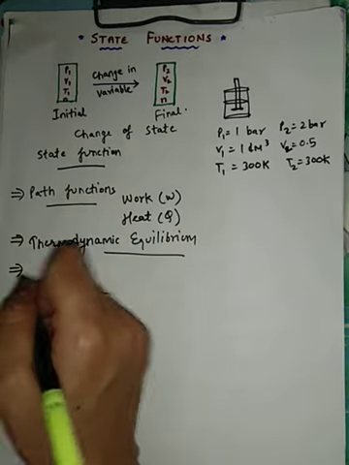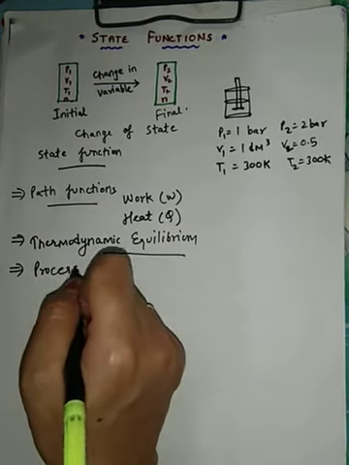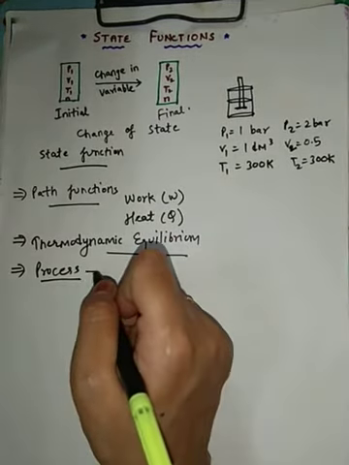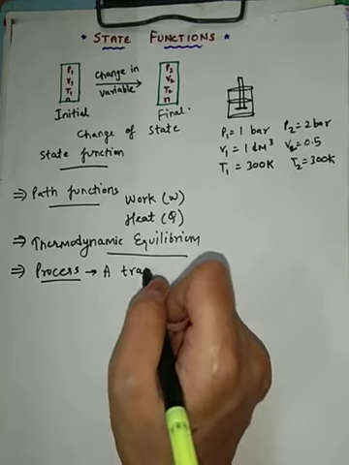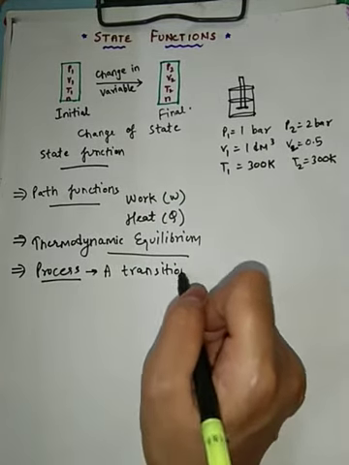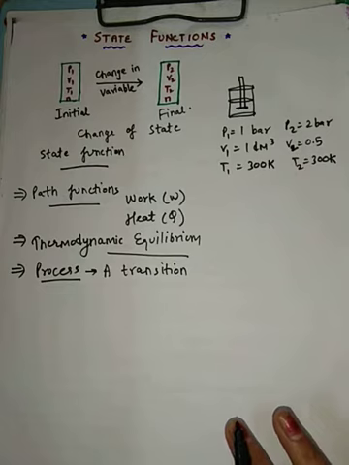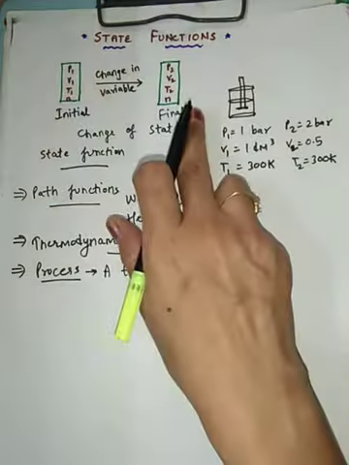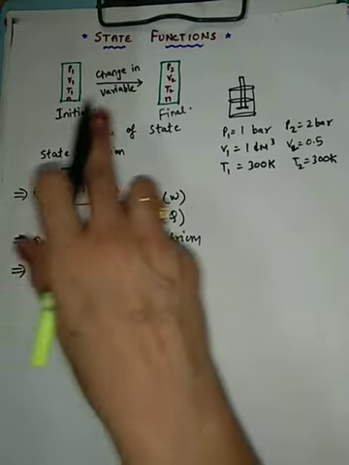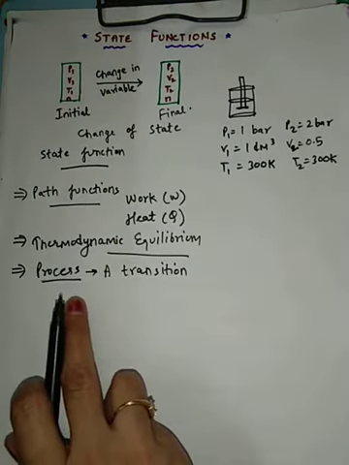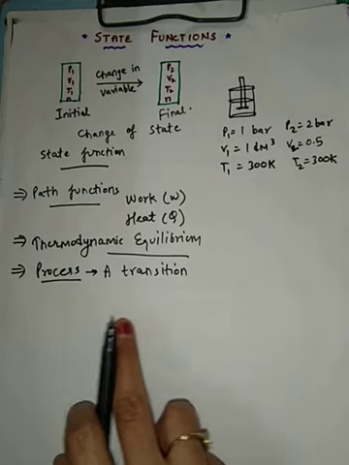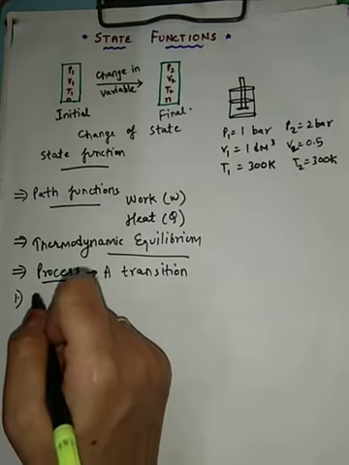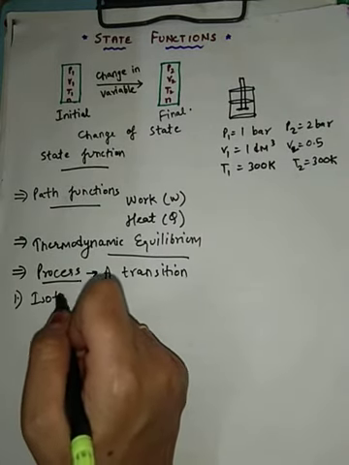Okay, now we try to understand the meaning of a very basic term, process. What do we mean by process? It is a transition, meaning change. Transition from one equilibrium state to another state is called a process. ये एक process हुआ है, right? When one state changes to another state, the system is said to undergo a process. And we have different types of process. Let us see one by one. First one is called isothermal process.